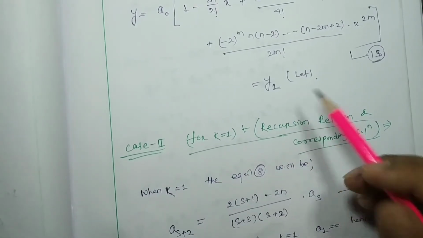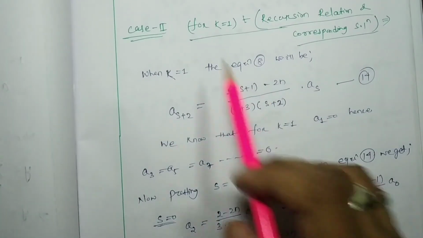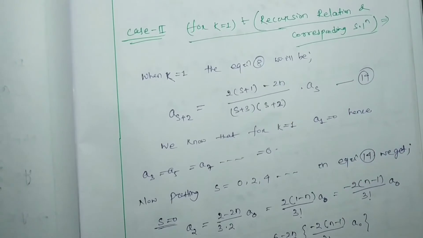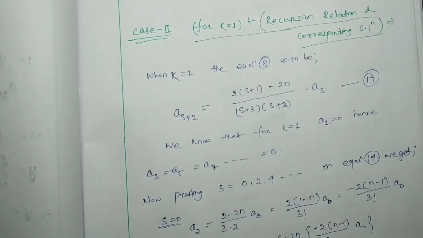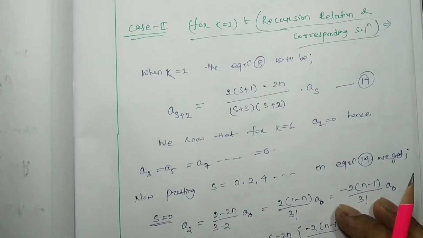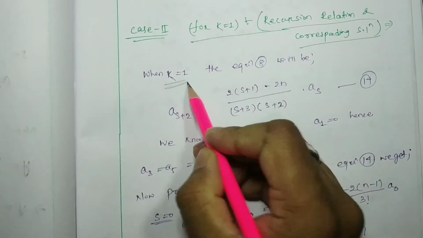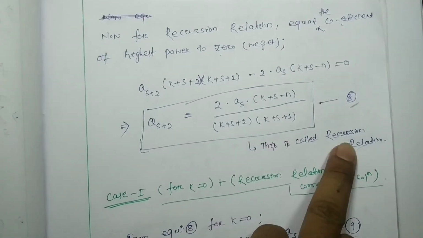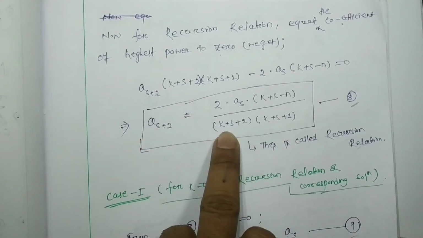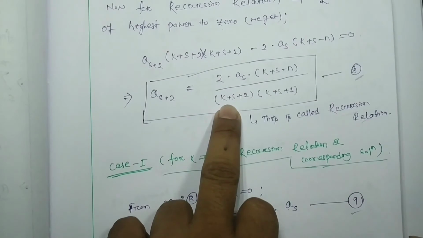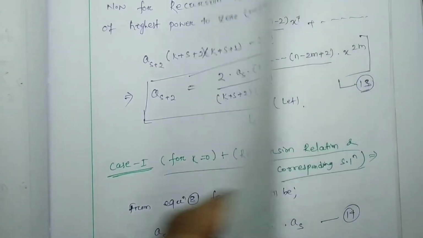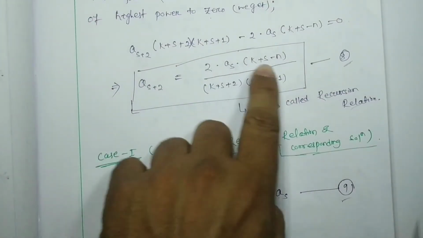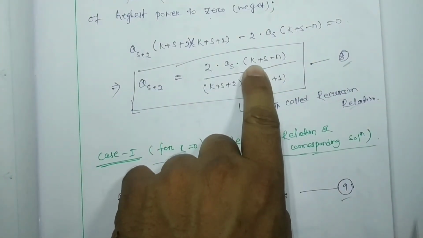Now we have to consider k equal to 1 and the corresponding recursion relation and corresponding solution. We consider k equal to 1 in equation number 8. This is your general form of recursion relation. Now we have to put k equal to 1, and k equal to 1 means it will be 2 into s plus 1,